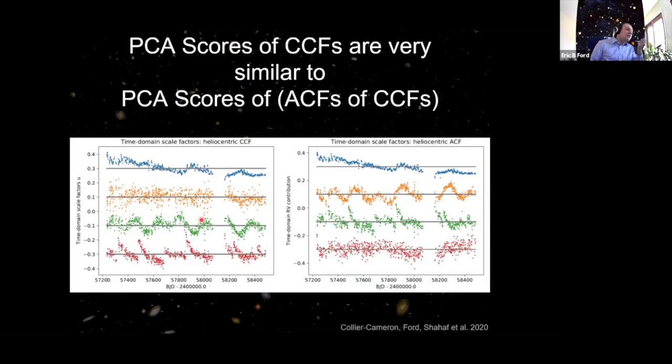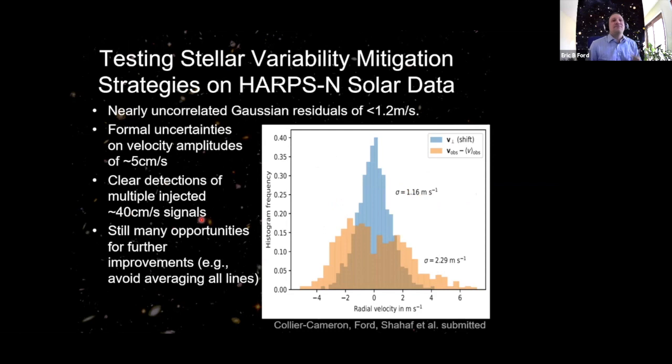And so what we're doing now is we're collecting data as if these problems can be solved once we have higher quality data, and then we'll see how well we do, and whether we'll be able to remove a bunch of stellar activity. And so on the encouraging side, even with HARPS-North, which again is not as well stabilized as the other ones, we can see that we can get out about a factor of 2 from the observed solar variability during a relatively quiet time for the sun, from a little over 2 meters per second to nearly 1 meter per second, using only fairly simple wavelength domain techniques. There's a lot of room for improvement on this, but it's just our first pass.